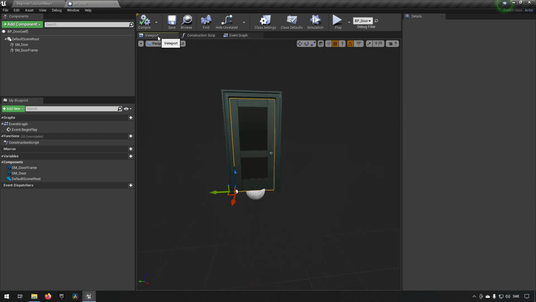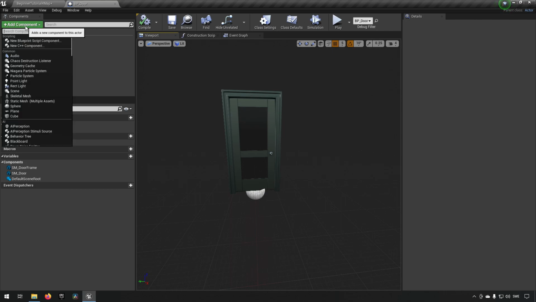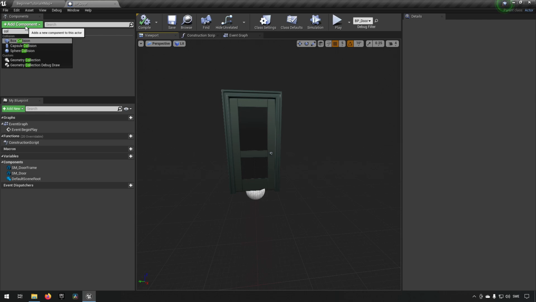A volume that allows you to sense when someone has passed through it, so that you then can react with your own piece of logic to that. So we will be going up here to add component. We will type in collision or col, and you see that we have three different ones under the collision here, which is a box collision, a capsule collision, and a sphere collision. So if we choose the box collision,